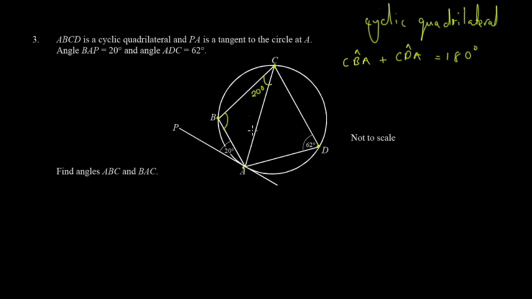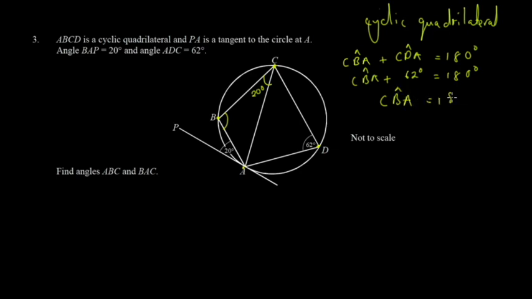So CBA would be this angle here plus ADC or CDA, it's equal to 180. Already you know this one. This one is 62. So 62 degrees plus CBA is equal to 180. So CBA